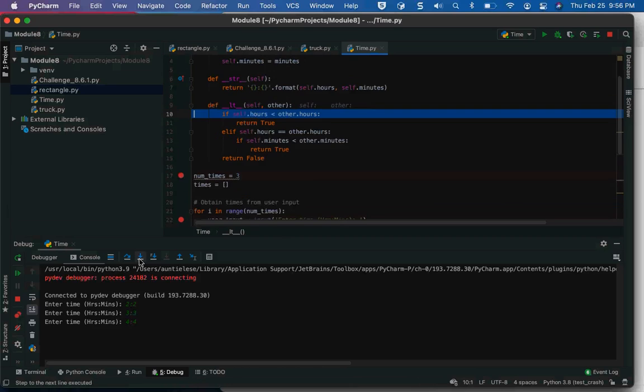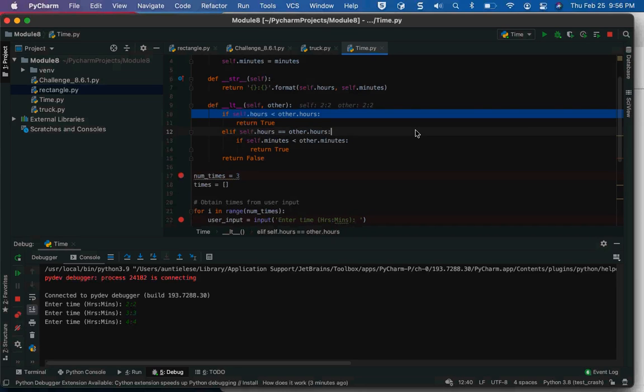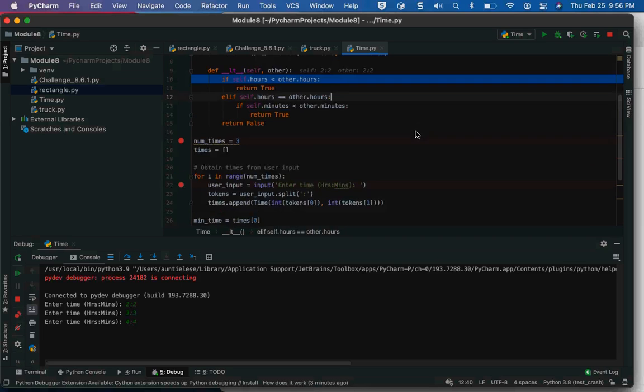I step in, and lo and behold, I go to line 10, __LT__. This program has defined what it means to be less than. If the hours associated with this particular object are less than the hours associated with the other object that we put in,